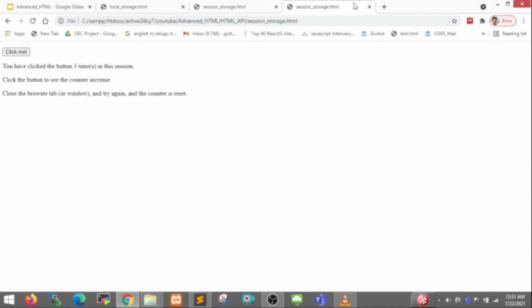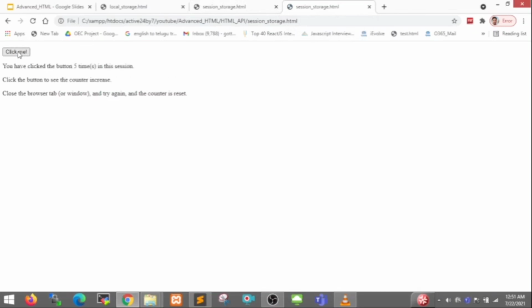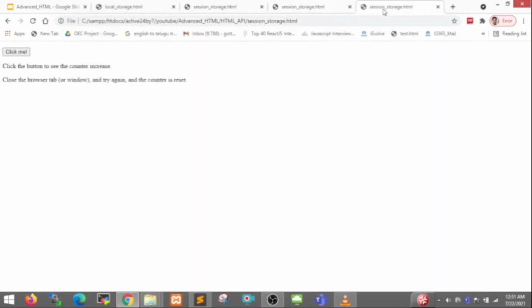If I open another one here, now it is 3, 4 is there. If I close it and press Ctrl Shift T, it will open the same tab again. Yeah, now 6, 4. But if I open another tab, then 1.